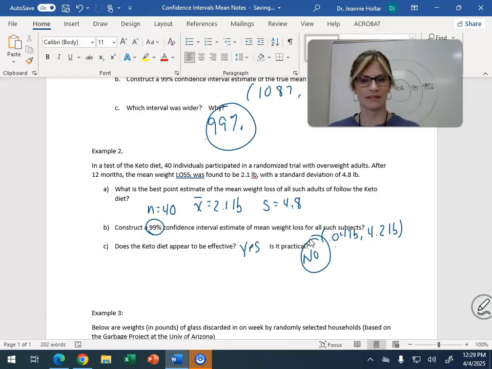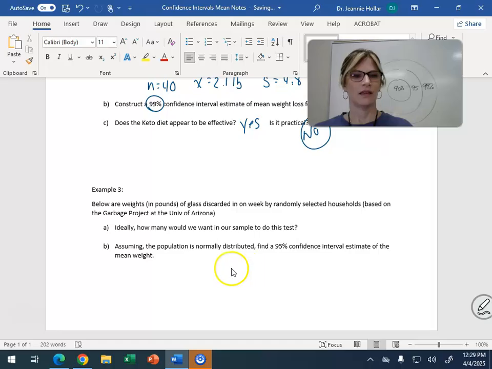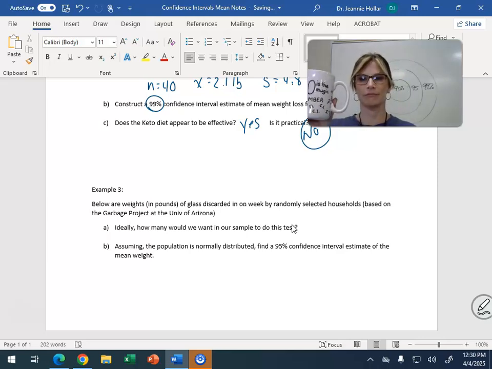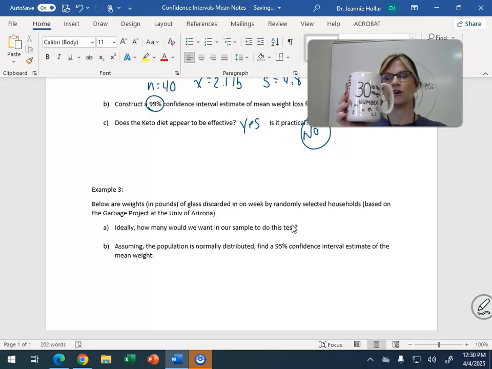Okay, next. Oh, I didn't list the weights. It says below are weights in pounds of glass discarded in 1 week by randomly selected households based on this garbage project in the University of Arizona. Ideally, how many would we want to do this test? We would want 30 because